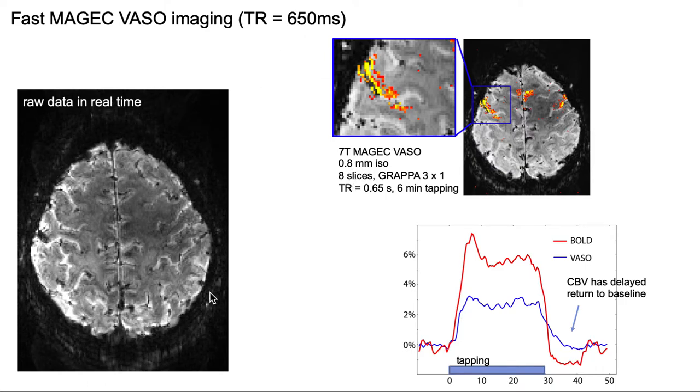And this is a real-time movie here that you see, where we have a very fast sampling rate of new image, new image, new image, new image. This is the rate that images come in. And this allows us to really follow the hemodynamic response across these two stripes of different layers in the motor cortex for BOLD and VASO, especially in this post-stimulus period over here where they differ quite a bit,